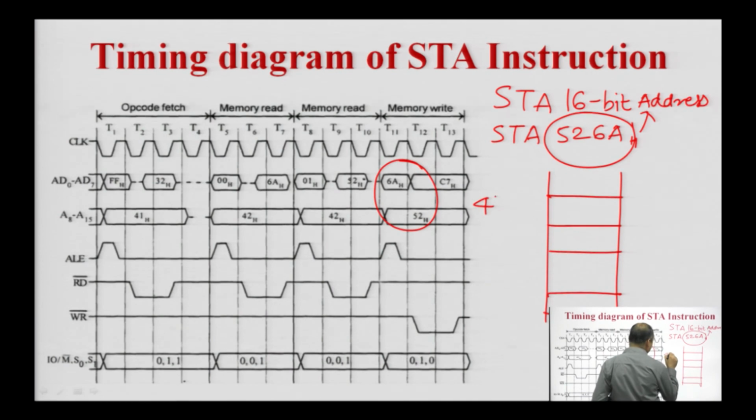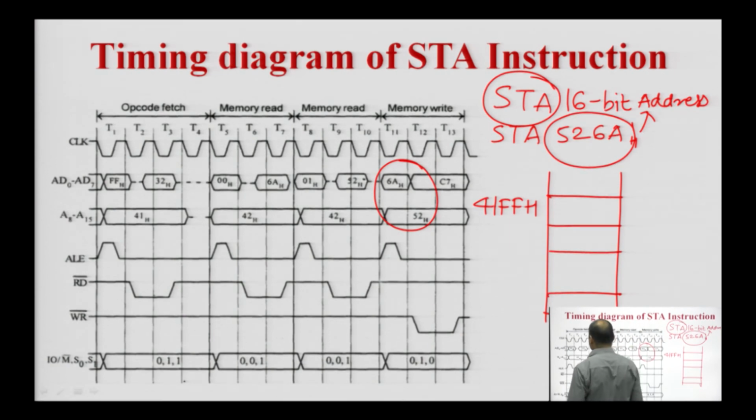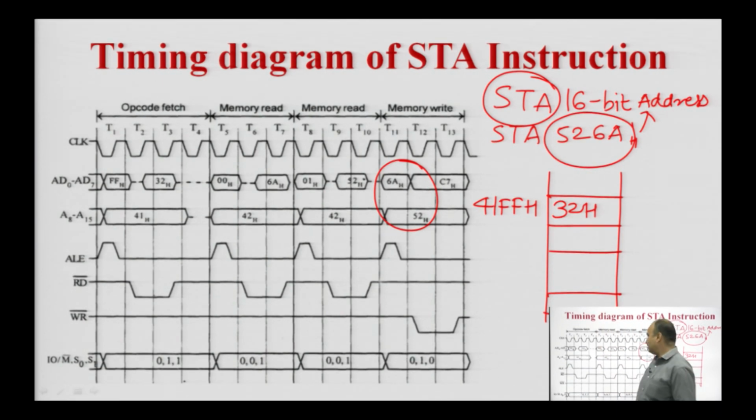At memory location 41FFH, the operation code of this instruction STA is present. The operation code of this instruction is 32H. So, at location 41FFH, the processor will store the operation code, and at memory location